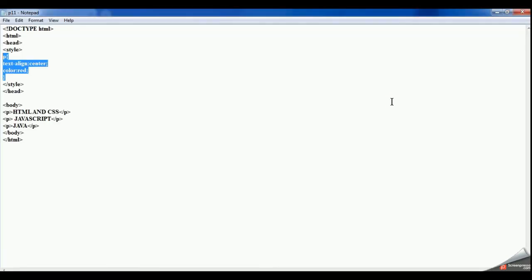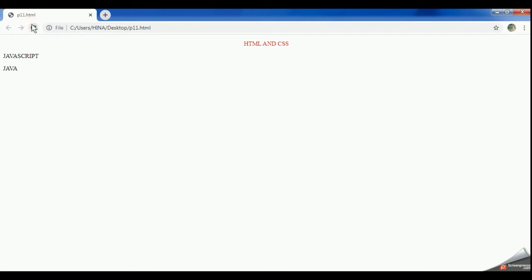Now if I am talking about the ID selector, ID selector means I am taking one ID and it is written with the hashtag. Okay, I am writing hash and then I am writing para1. Suppose I have written this and I want to apply it not on all the elements, but only on specific elements. I will be using the keyword id equal to, and I am writing here para1. Okay, now save it. Now see what changes you will be seeing.